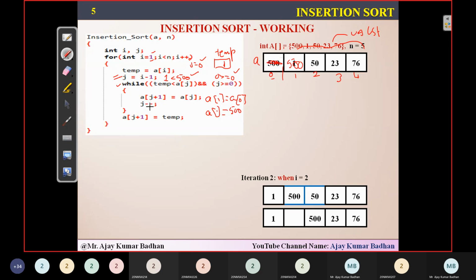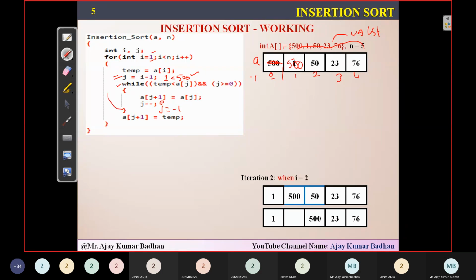So again, we do j minus minus. What is the value of j? Initially 0, so j minus minus means j will become minus 1. Remember, j becomes minus 1. What does that mean here? There are no more elements present to compare, because an array usually starts with 0. But right now the position is minus 1 of j, and we don't have any elements there. We don't have a concept of minus 1. It is used to represent that there are no more elements to compare. So j equal to minus 1.